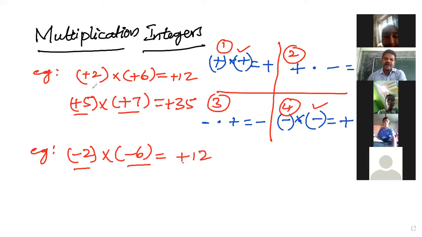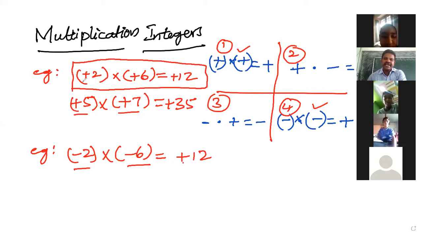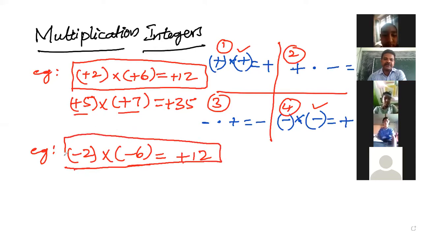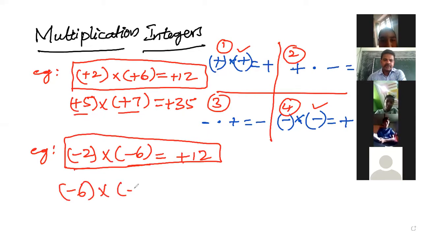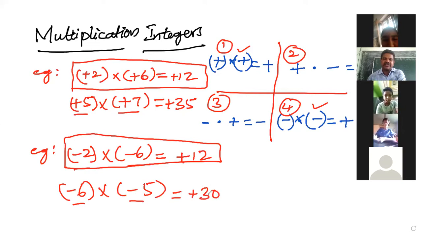So remember that when we multiply positive by positive, we get a positive, and also when we multiply negative by negative, also positive. In all other remaining cases, we get minus. We can take any number. See here, I'm taking one more example. -6 into -5. It is a negative and it is negative. When we multiply two negatives, that is a plus. 6 5s are 30.